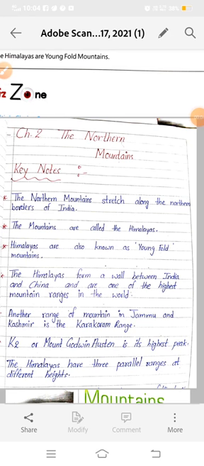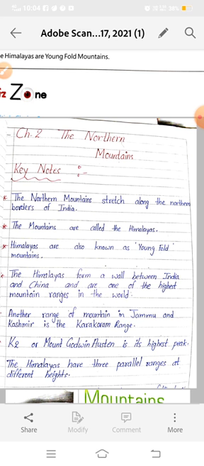So students, in our previous lecture we completed the revision of chapter number 1, India: Location and its Neighbors. In your first chapter you revised that India is located in the Asia continent. It is a part of the Asia continent, and you learned that India is divided into political divisions. It has 28 states and 8 union territories, and you also learned that India has varied features. In your first lecture you revised that India has varied relief features, which is known as the physical division